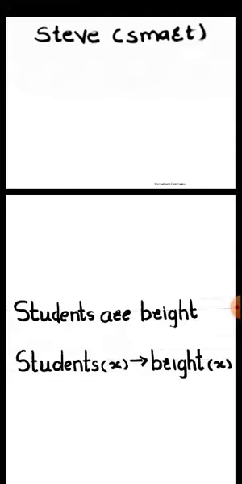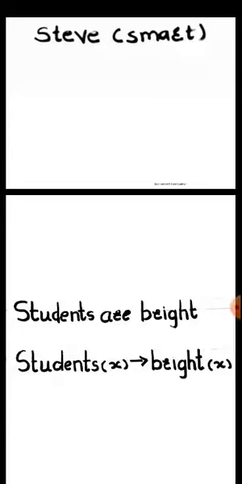Here the student comes first, which implies bright, so this will be written like that only. The sequence of student and bright is important, so we have to write it this way only.